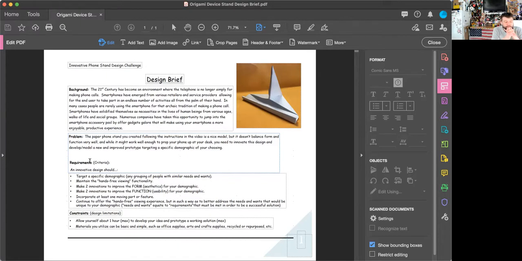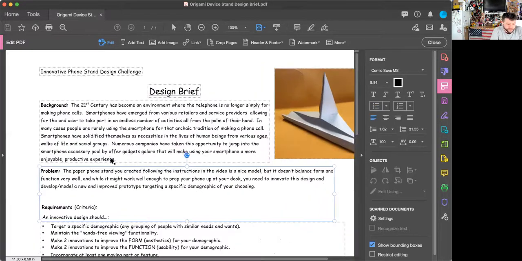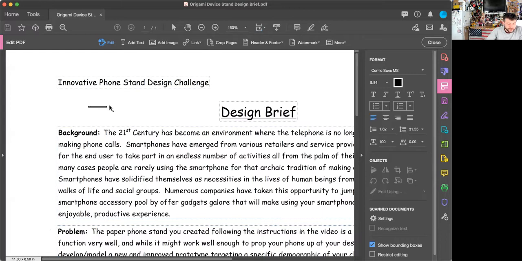So in the requirements, you have some requirements for form and function. The requirements for form are, the requirements are target a specific demographic. Let's see if I can zoom in here for us. Target a specific demographic